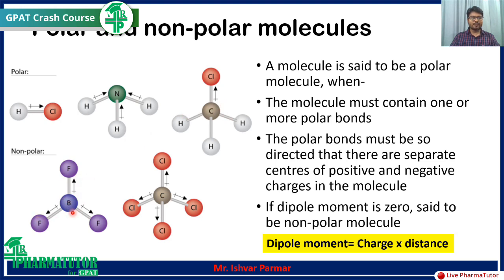But in this example, the BF3 molecule, all three fluorine atoms pull the electron towards themselves with equal strength. Similarly, this carbon is attached to 4 chlorines. Each chlorine atom pulls the electron with equal strength. So there is no net movement of charge. But you can say this chlorine moves the electron to one side, and this nitrogen pulls the electron one-sided. So you can see these are polar and these are non-polar.